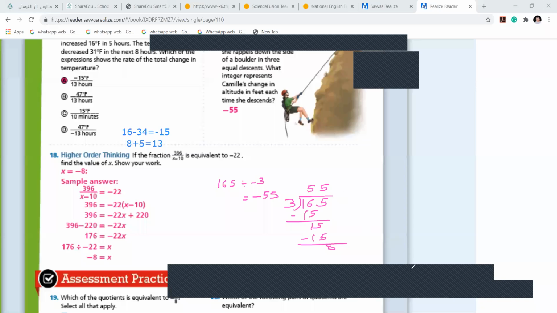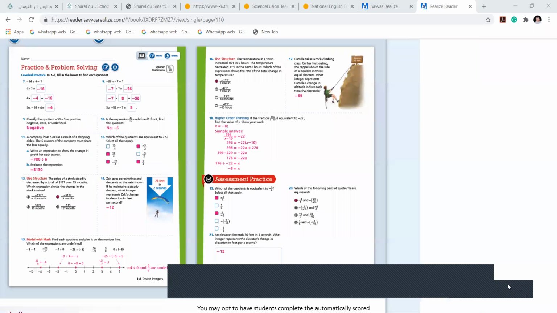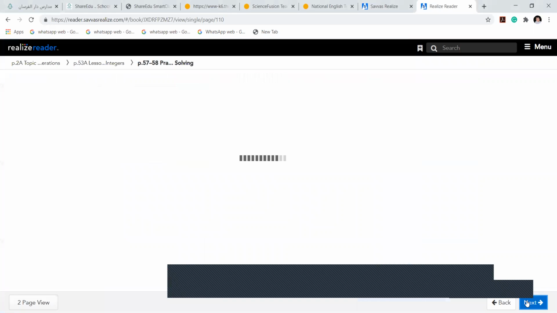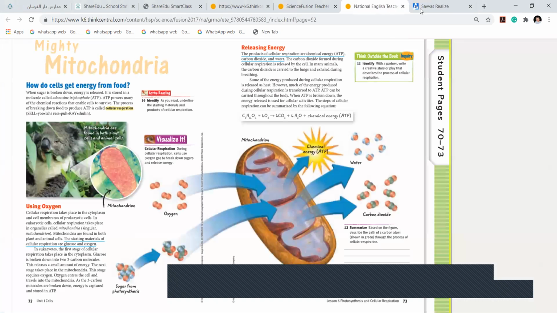All right. Do you have assessment practice? Yes. Okay, try to do it on your own because I don't have the same questions here. And if you have some question, you can ask me later. All right? Miss, I think it's the same. Okay, anyways, no problem. I think one question is the same. The second one, I don't think so.